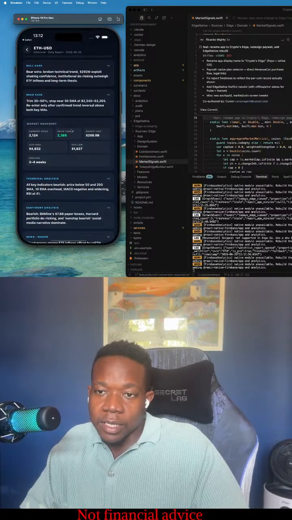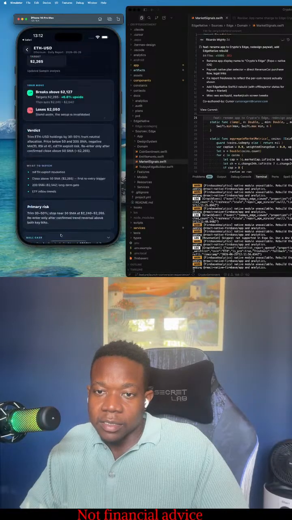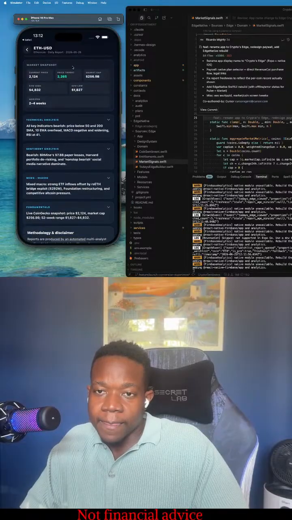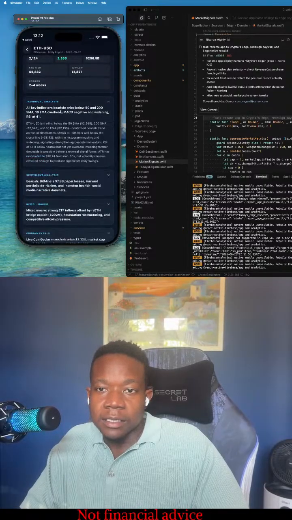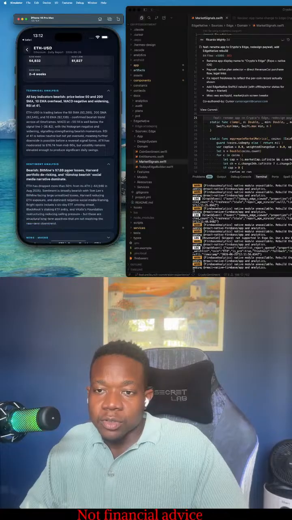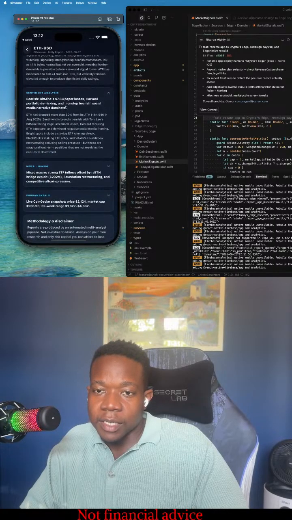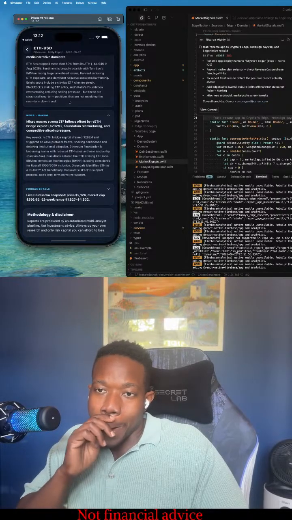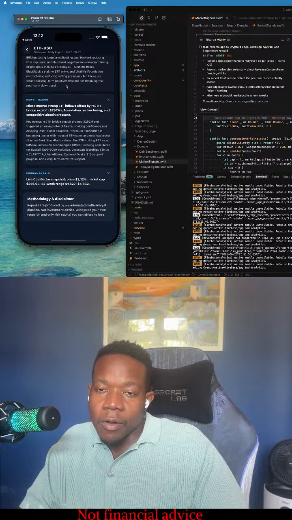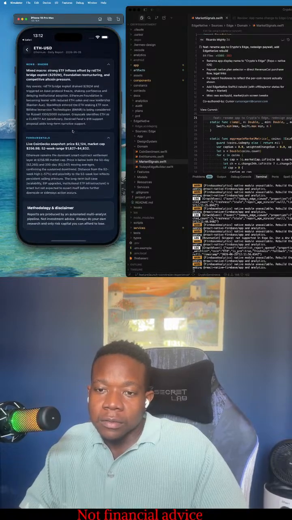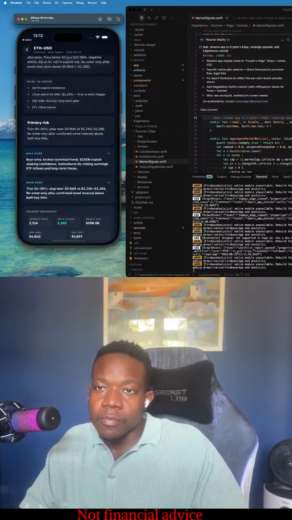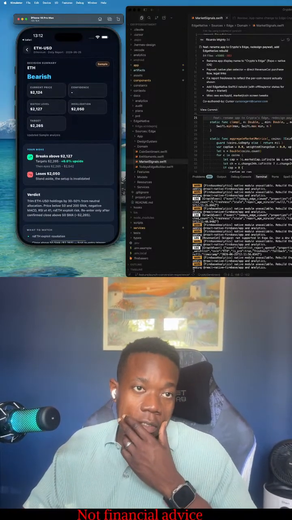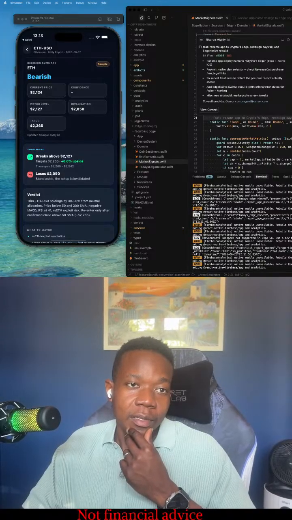Market snapshot looks eerily similar to this thing up here. Maybe it should be up there. Technical analysis. I'm sure there's more detail there, but this is what pulled through. Sentiment analysis. Mixed macro. Cool. Anything I should change about this? Maybe